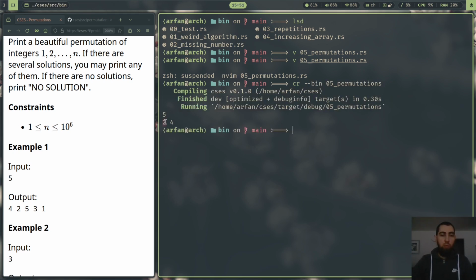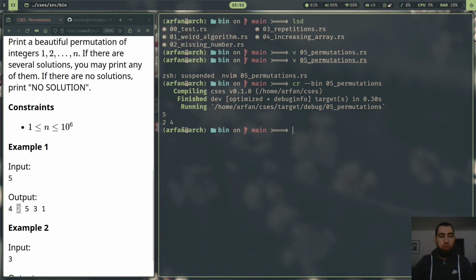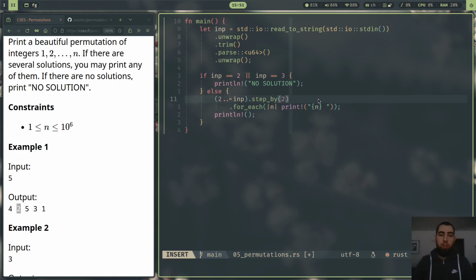5. Now we have 2, 4, right? 2 and 4. It doesn't matter if here we start with 4 and 2, it's the same thing. So we have 2, 4. Now we need the other integers, 1, 3 and 5. And in Rust you can chain iterators. So we did this iteration here, and then we print out these integers, right? So what we can do is we can chain a second